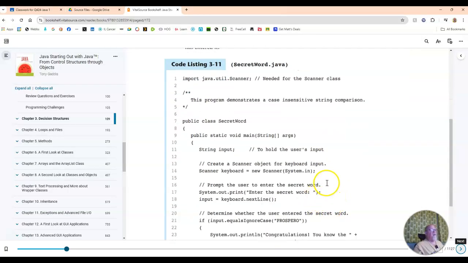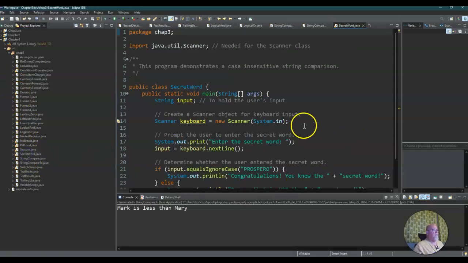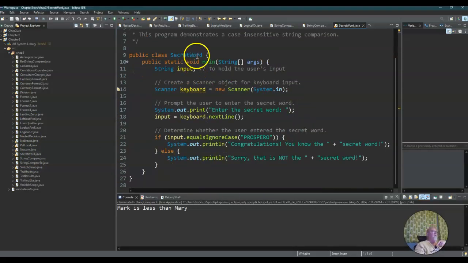So let's take a look at this last program before we work on the lab a little bit. It's called SecretWord. Let's come over here to SecretWord. So here's our SecretWord class. We've got public static void main. We've got String input. We're using the Scanner keyboard this time. We ask you to enter a secret word, and then we take the keyboard nextLine and put it into input. If the input, now,